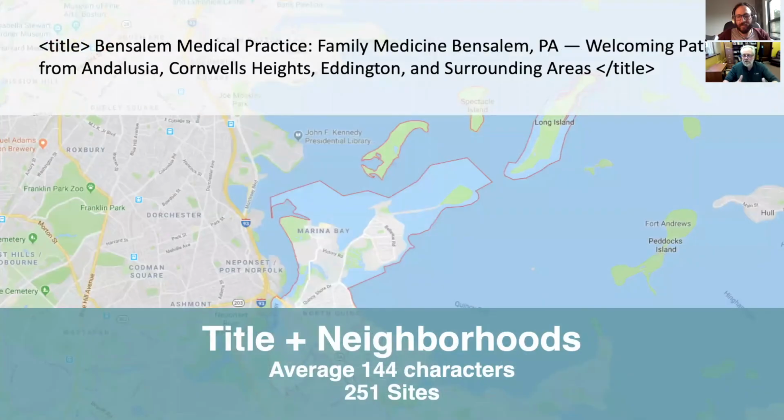He then took this experiment one step further. He works for Patient Pop. They build and automate marketing and websites for physicians' practices. So he did an experiment with 250 sites with long title tags. He added all the surrounding neighborhoods to the business name, the who, what, and the where. He added extensive neighborhood information to the end of the title tags,